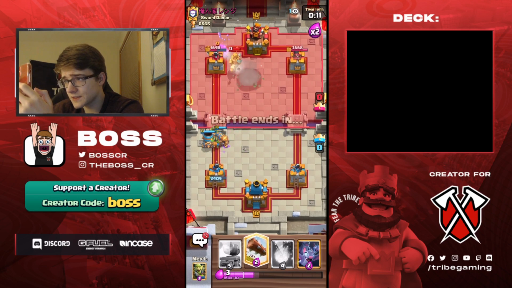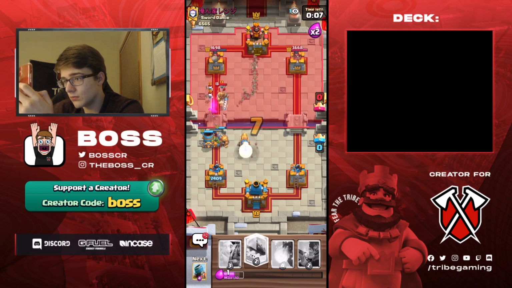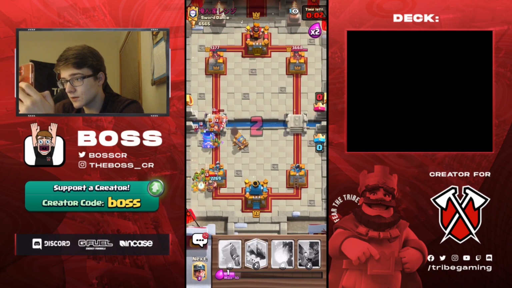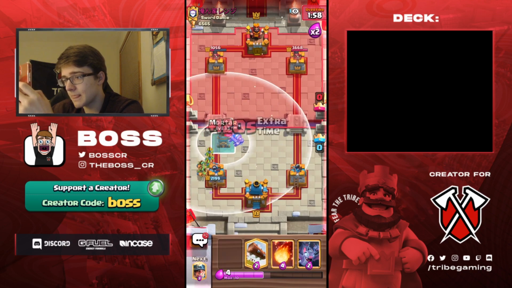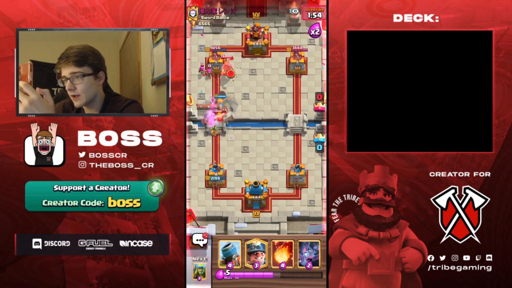Does the Mortar lock on the tower because that Prince... oh. Do you guys see that Spear Goblin? It was stuck. I don't know if you guys saw that. It was stuck behind the Cannon Cart and the...